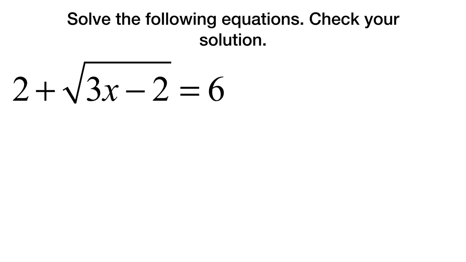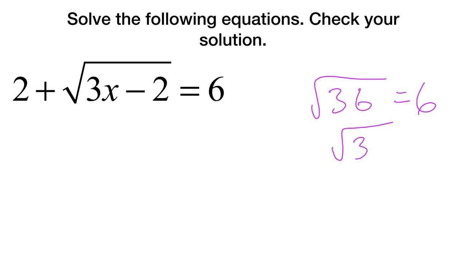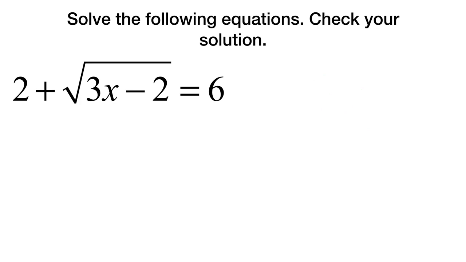Now, there are a couple things you need to remember. Number one, the square root of something like the square root of 36 is 6. For our purposes, the square root of 36 is not negative 6. The square root of any number is positive. The second thing is our big goal at first is going to be to get whatever radical expression we have